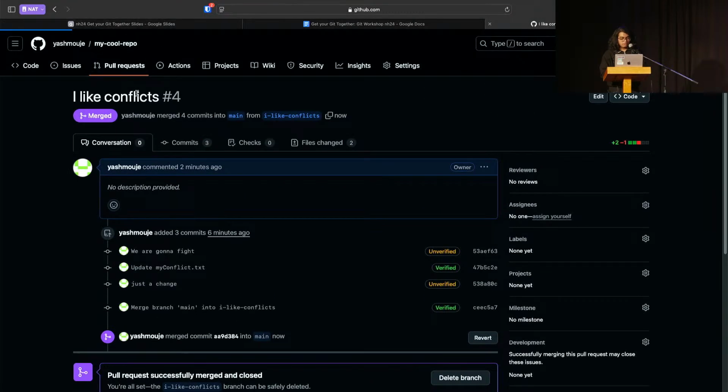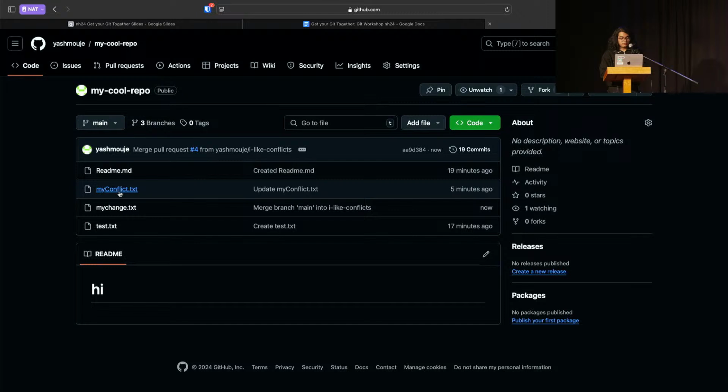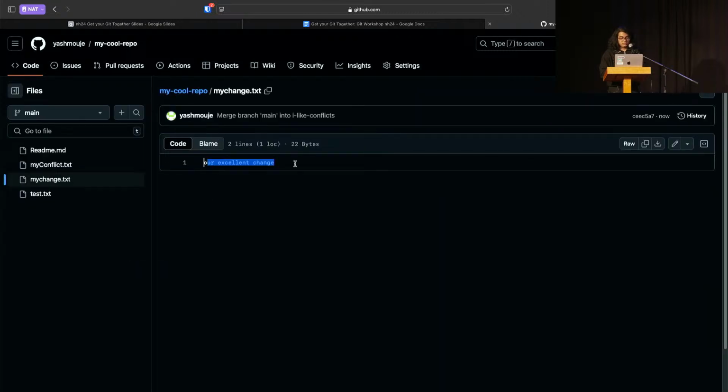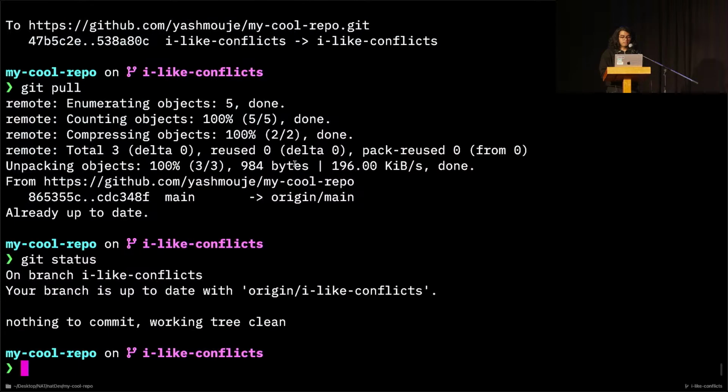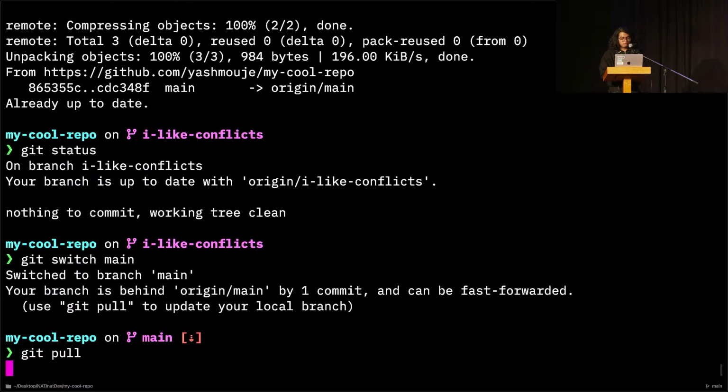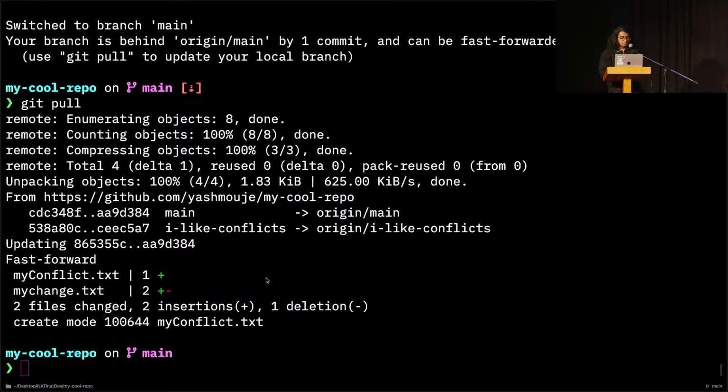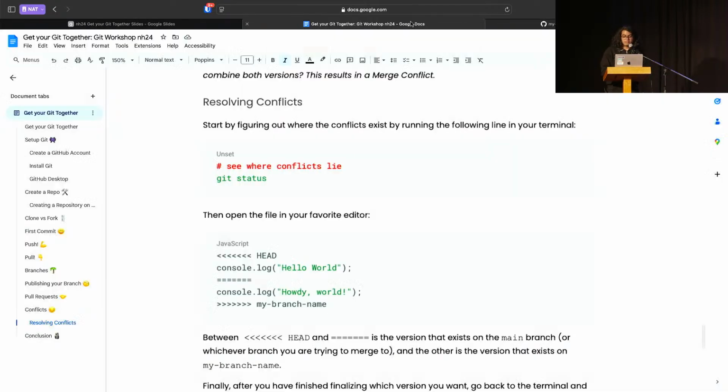So now once I go on main, you'll see this version on my conflict, my change.txt, which is a combination of both the changes we made. Now if I go to the main branch and I run git pull, I have all the changes over here. And yep,